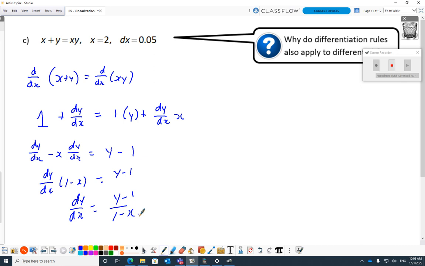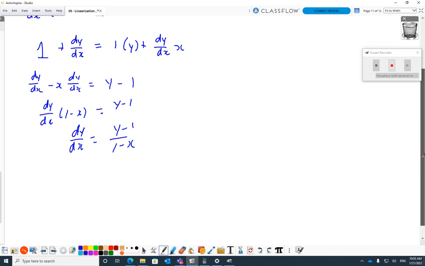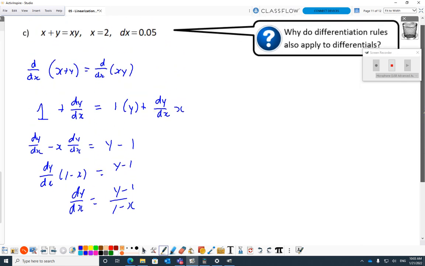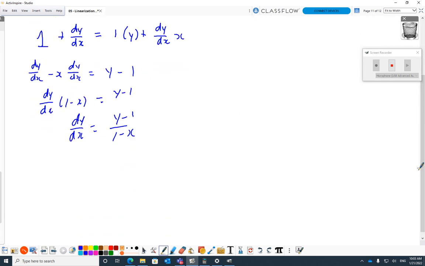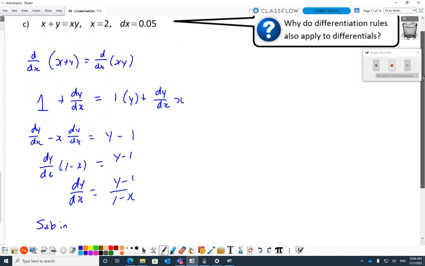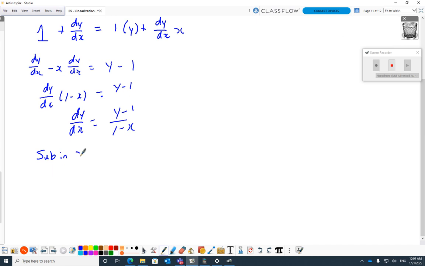And I'm not done with it. I've got to scroll down a little bit because I want to finish this question off before I get to differentials. I want to prove that the first part of a differential question is just the old derivative calculation. So I'm going to sub in, what did they give me? x equals 2, and y equals